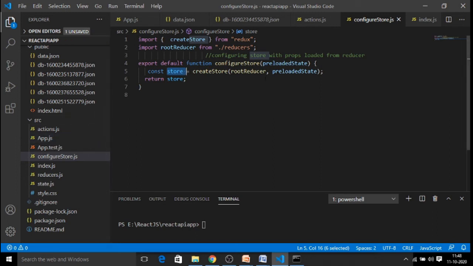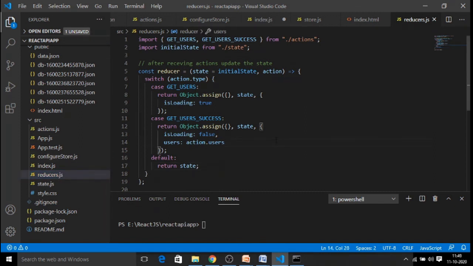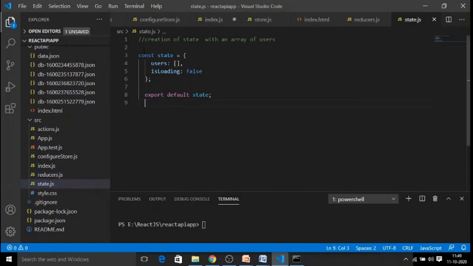So who will load your state? That is done by your pure function called reducers. In the reducers, we are going to manage with the initial state first. The initial state is nothing but first your number of users will be null, an empty array. Where are we defining this initial state? Just for modularization, we have created a separate file. Otherwise, we can write this array in the reducers itself. So first we are creating a user array empty, and the property called is loading as false.